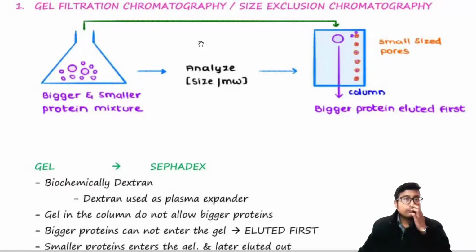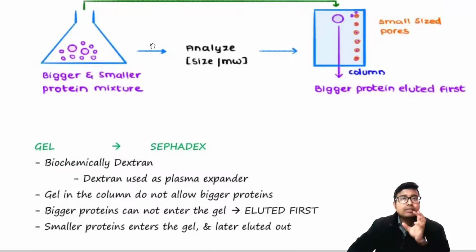Many of you might be thinking that it's the same as the process of filtration, in which the mobile phase is a liquid and the solid phase is the gel column, and the principle is basically that we separate the mixture on the basis of their particle size. So the particles that are bigger must get stuck on the gel pores and the smaller ones will be filtered first, right? No, this is not the correct concept. The actual thing that happens is the particles with bigger size are eluted first, but the particles with smaller size get stuck. So why is that?